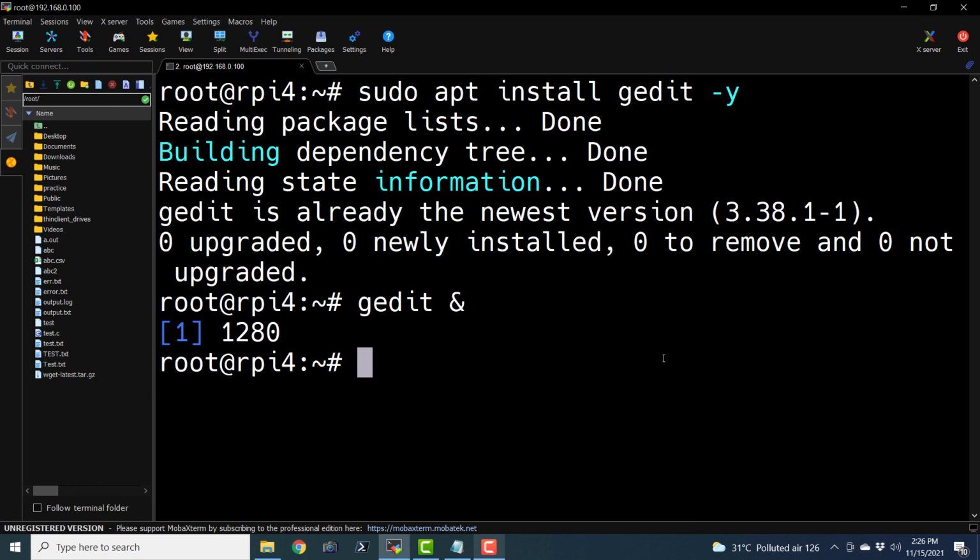So this was all about X11 forwarding and accessing the graphical user interface running on Linux from a Windows computer using the command line. This way we really do not need access to the desktop of the Raspberry Pi or any other Linux or Unix system. You can just install and enable X11 forwarding. So this is all about the installation and use of the Debian operating system on Raspberry Pi.